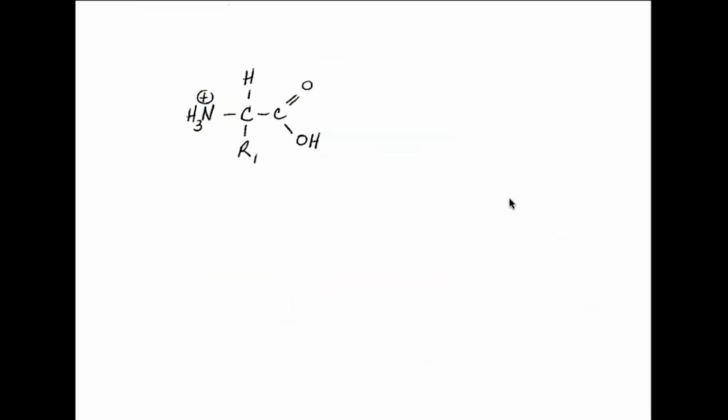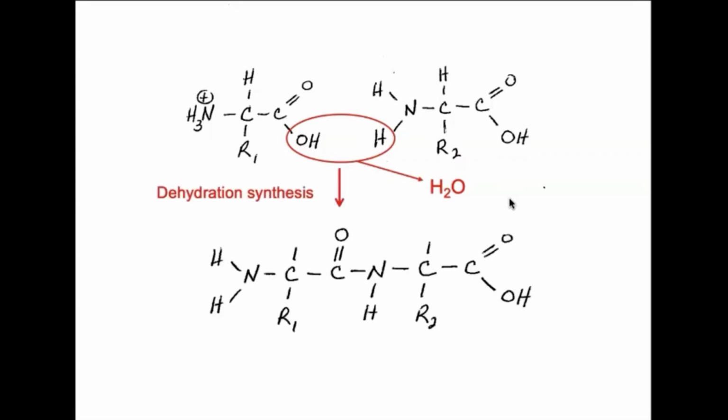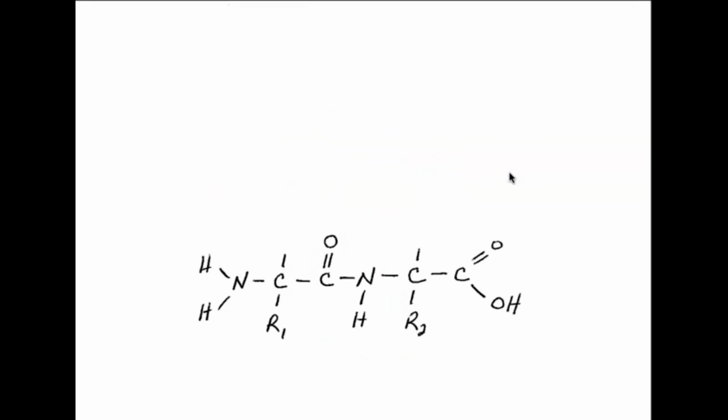All right, now just as a review, recall that a peptide bond is formed by condensation or a dehydration synthesis between two amino acids. We remove a molecule of water from across the carboxyl group and the amino group here, and dehydration synthesis produces this peptide bond. And that peptide bond then is a covalent linkage. So it's a very strong linkage. Right? You can only break that by the reverse reaction, right, of